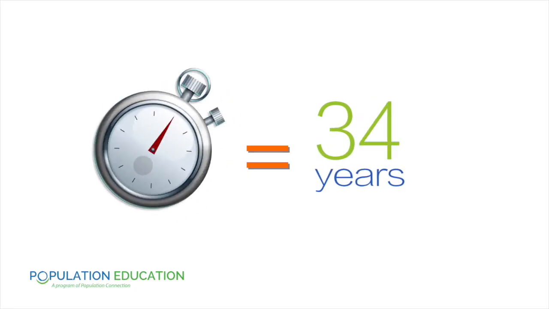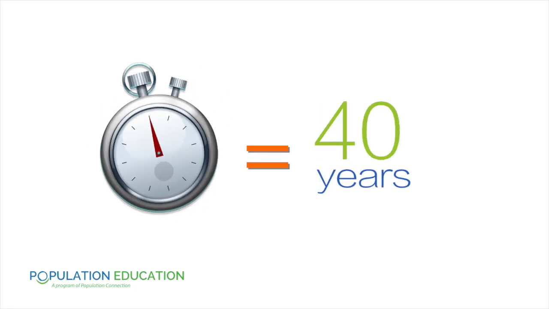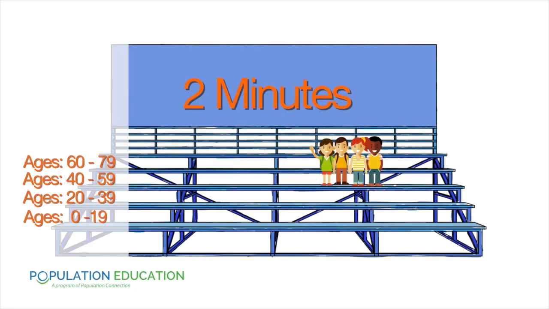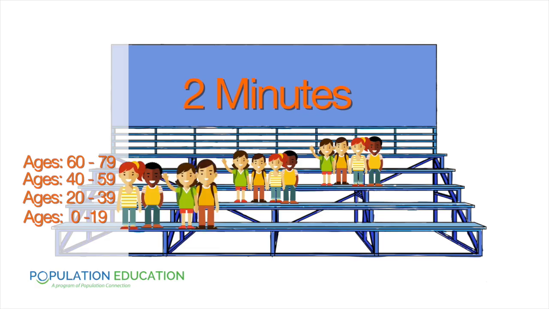As another minute passes, we have now jumped ahead 40 years in history, so our original students are of the ages 40 to 59. Our second group of students have reached their childbearing years, and again we can form 2 couples, both of which are bearing 2 children. So we've added 4 students to that bottom row.